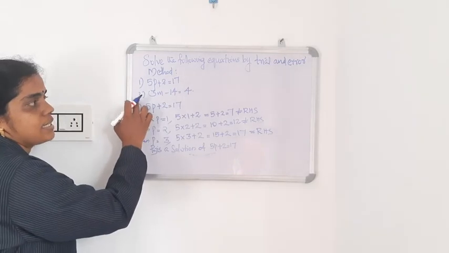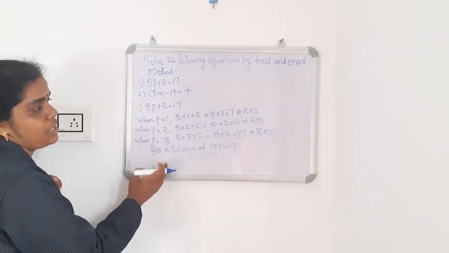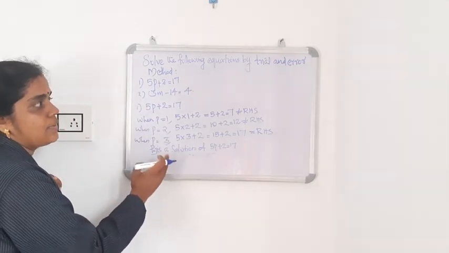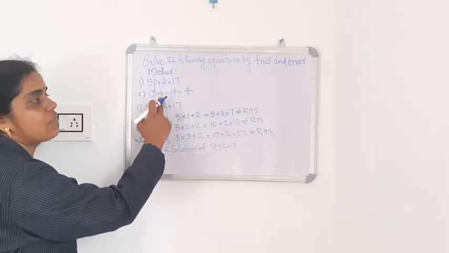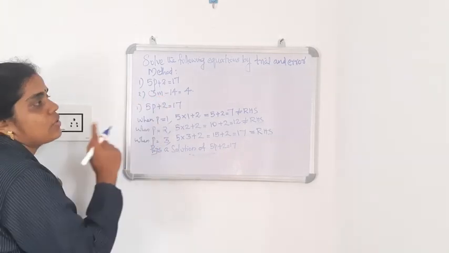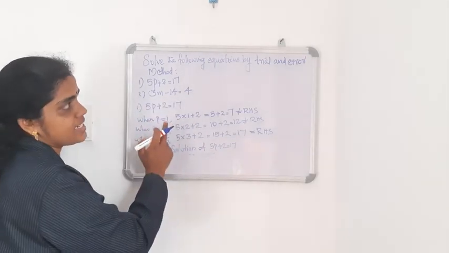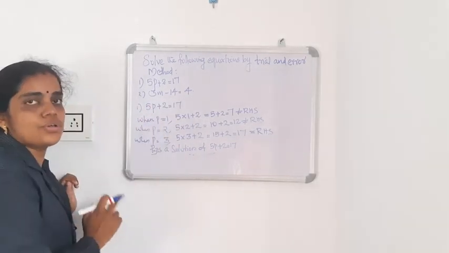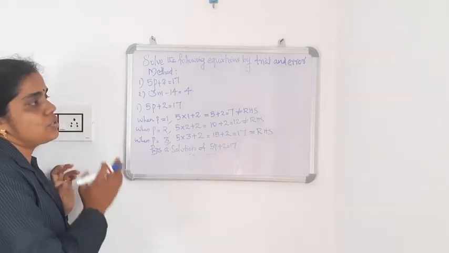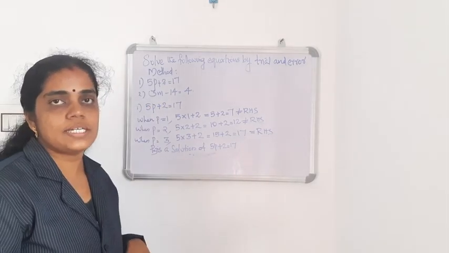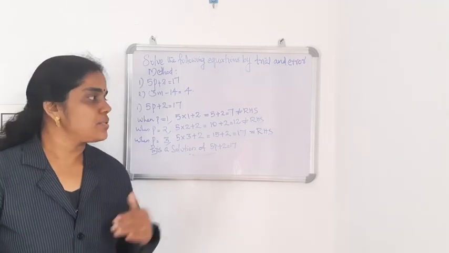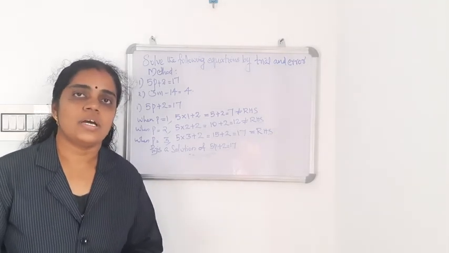One more question is here. In such a way you can take any number for m. Different values you can take for m. For one value it will be equal. So we can say that that number is the solution of this equation. All these questions are from the first exercise. All this you can copy down in your maths notebook and study it.